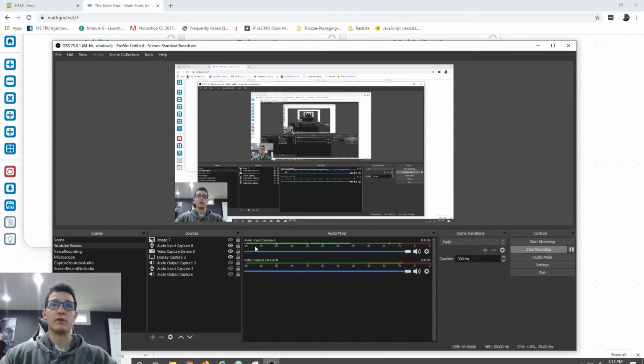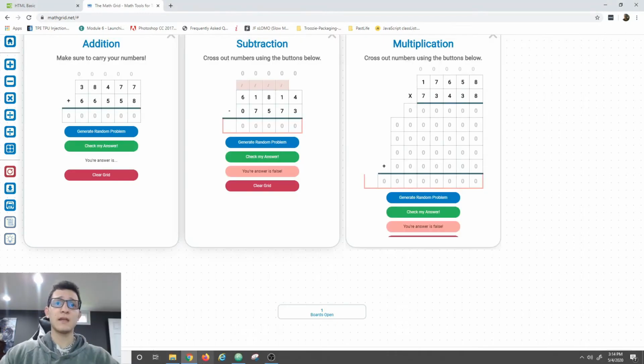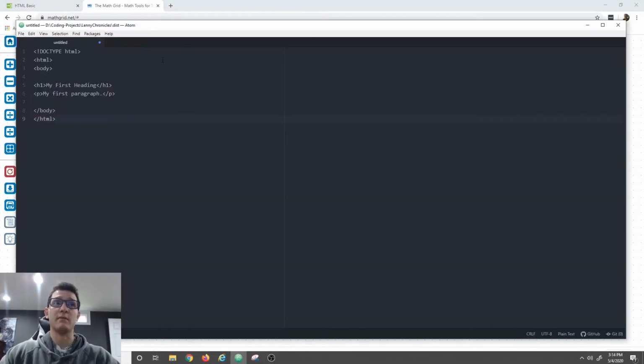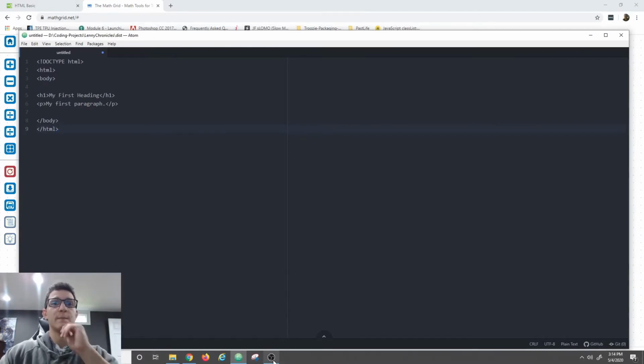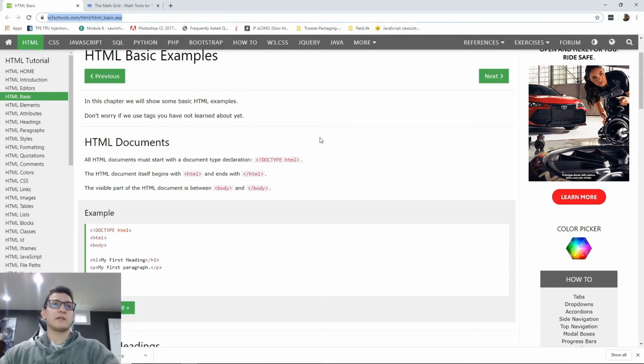I'm going to be walking you through the basics of it, and the text editor I'll be using is Atom. So here it is right here, and we're going to start out with just basically a basic HTML template. So guys, one of the first things I want to point out is